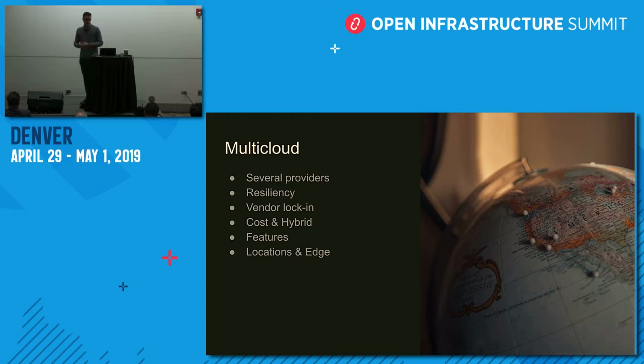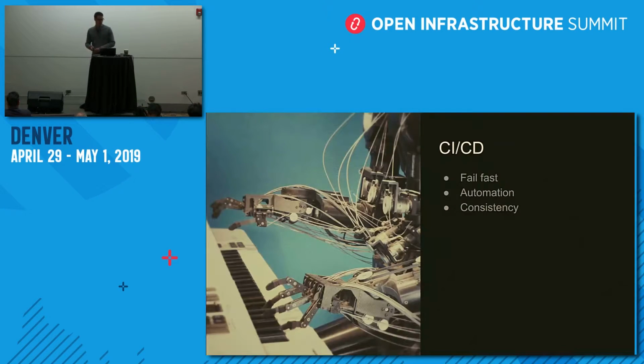And kind of the last one I've written down there is the locations. Some providers will focus on Europe locations, some will focus on Asia, some will focus on the US, and maybe your customers are spread all around the world, and you need to have low latency or things like this. So you might also have to go with different providers to reach different regions that are not reachable with, say, AWS or GCP or something like this. So that's my take on multi-cloud here.